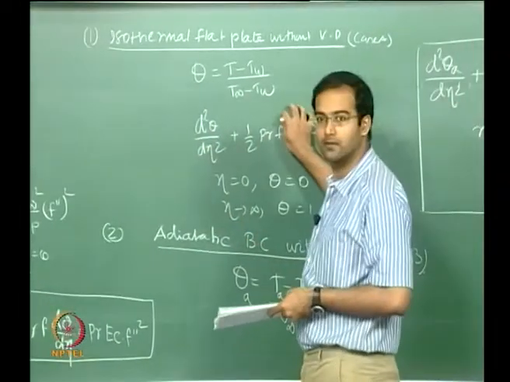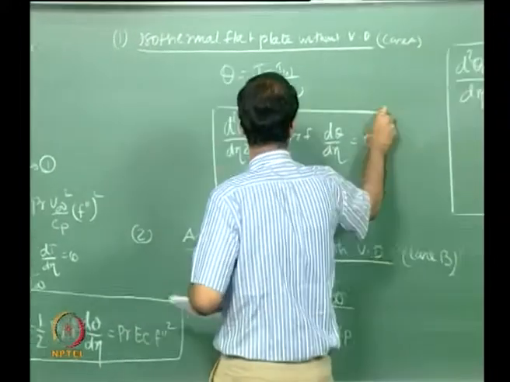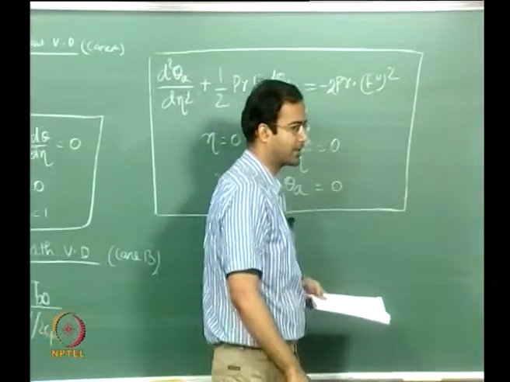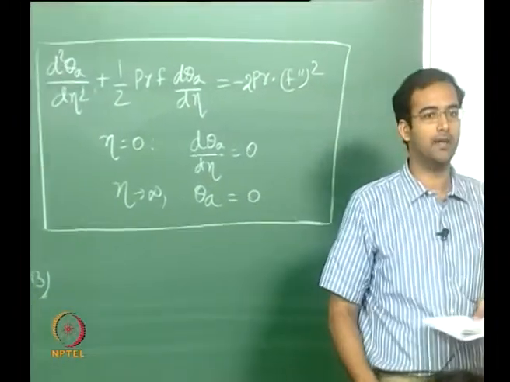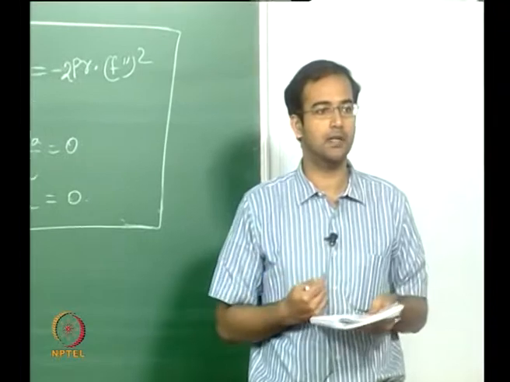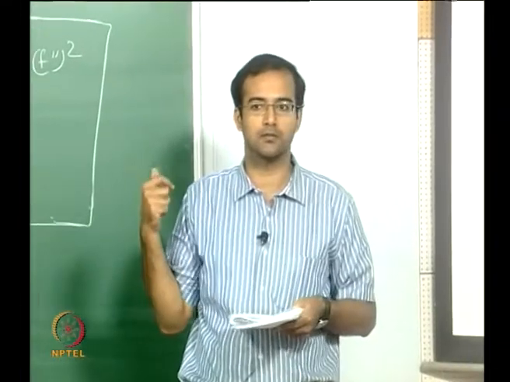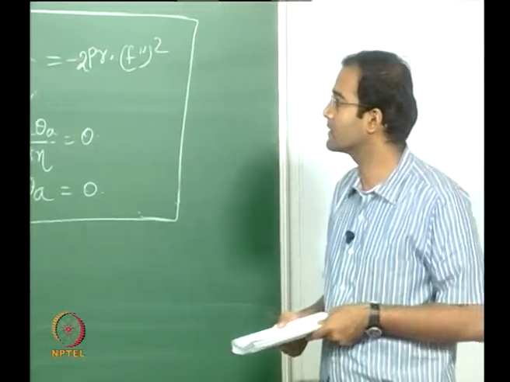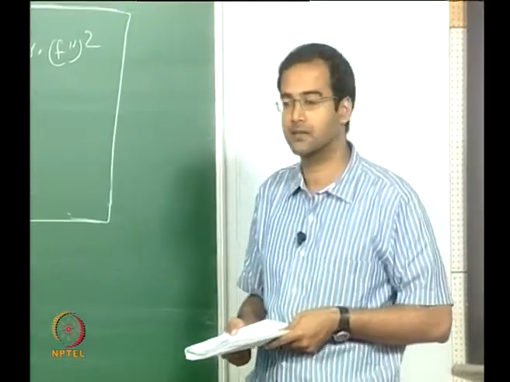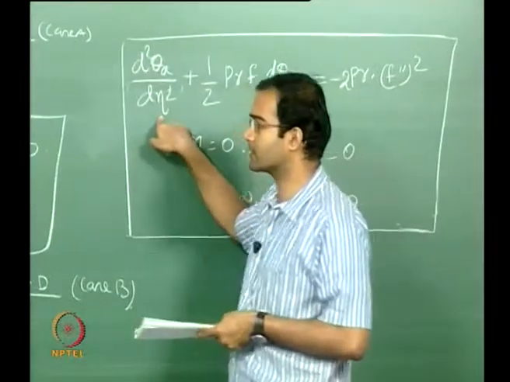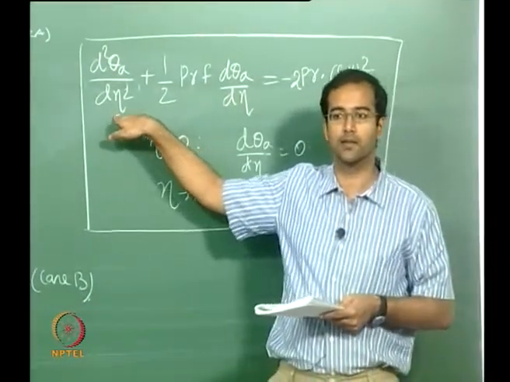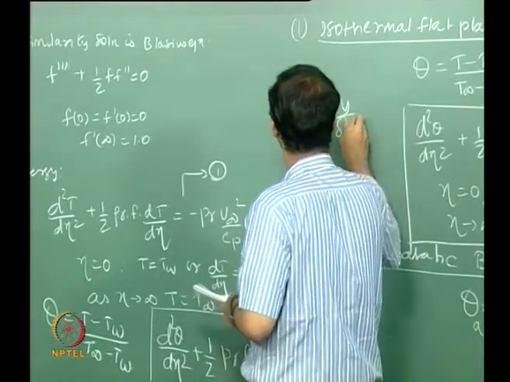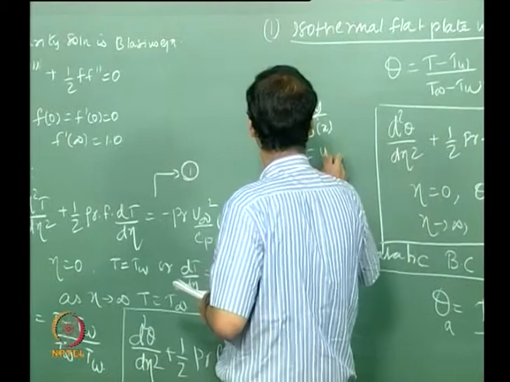Once you have these two, now I have two solutions, one for the adiabatic case and one for the isothermal case. I want to find how I propose a solution which is a linear superposition of these two solutions. Eta is still the same, because the eta here is coming from the flow part. The flow similarity variable is still the same, y by delta, which is y times square root of u infinity by nu x.